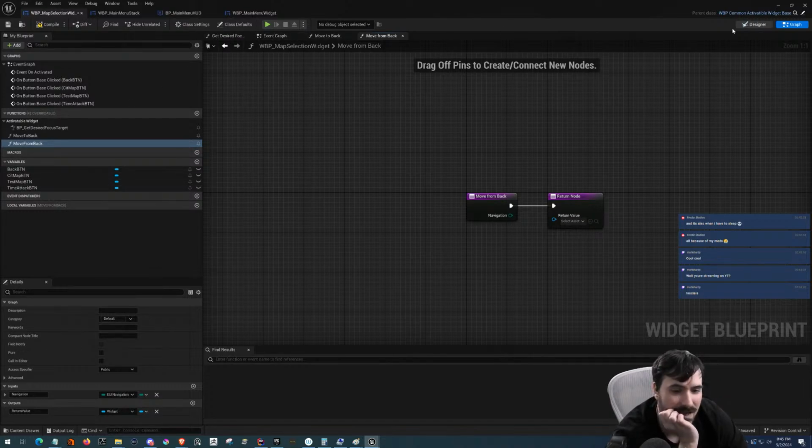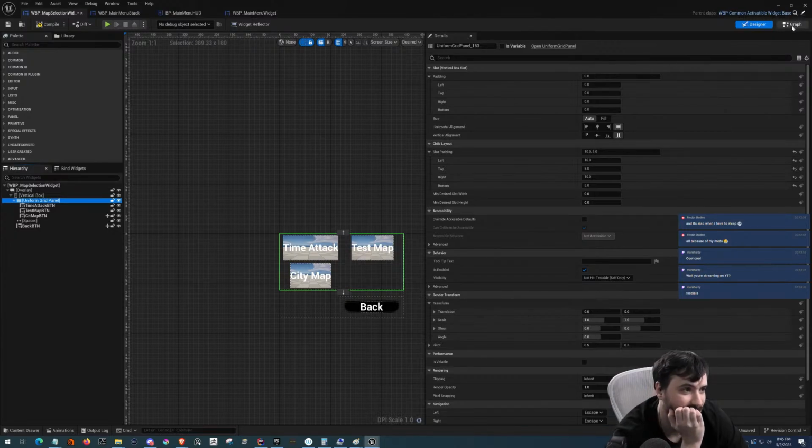I have a way of doing this. If I make this a variable, grid panel,